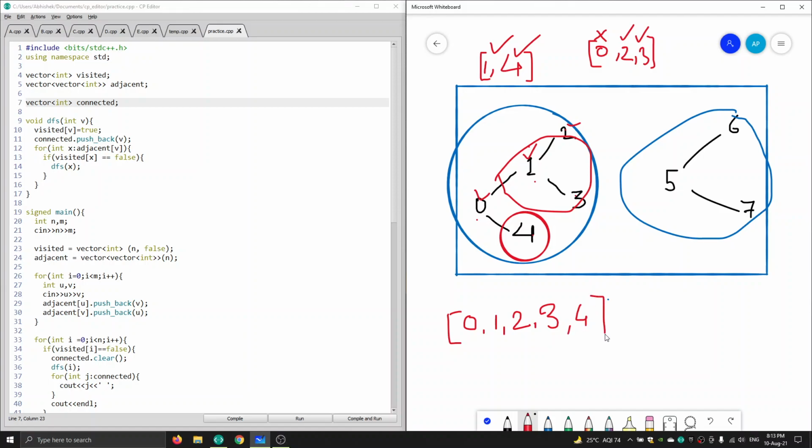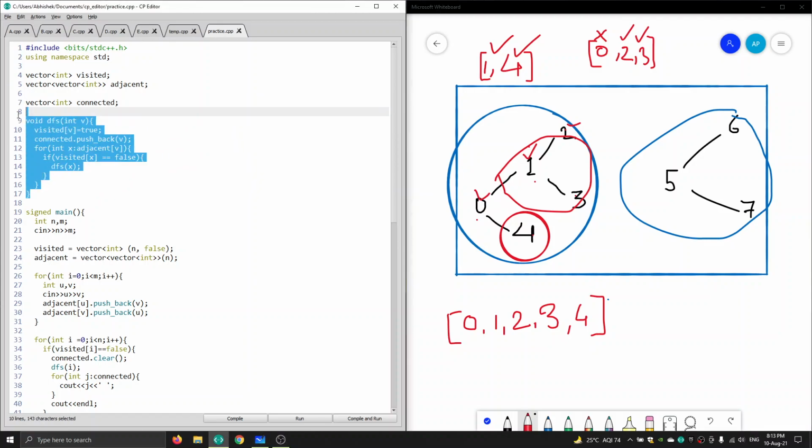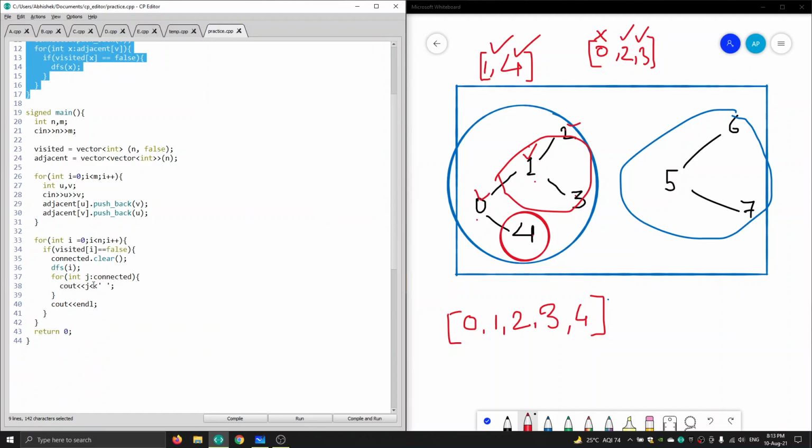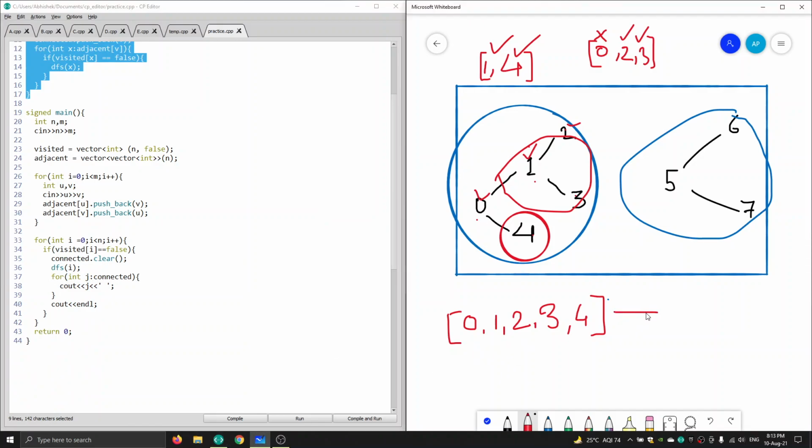So after this, all the vertices which are connected to 0 are visited. So we will return from this function, and whatever is included in this connected vector, we are printing that. And after printing, we are clearing this connected vector, that is, removing all the values from it.